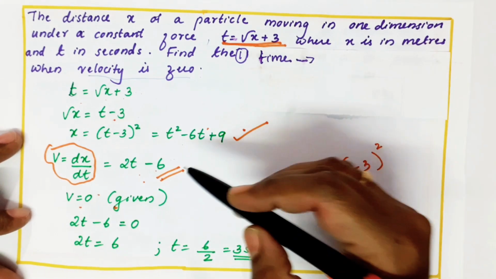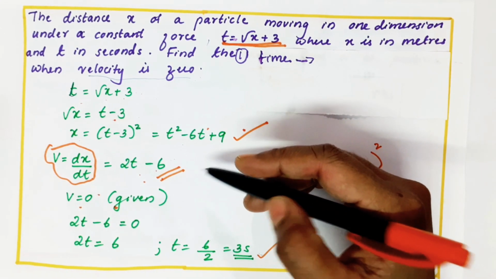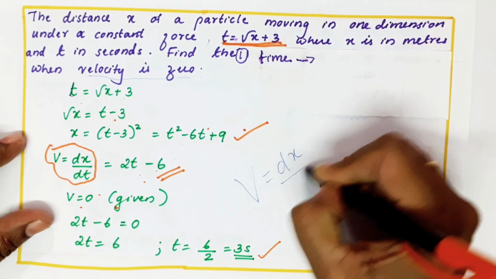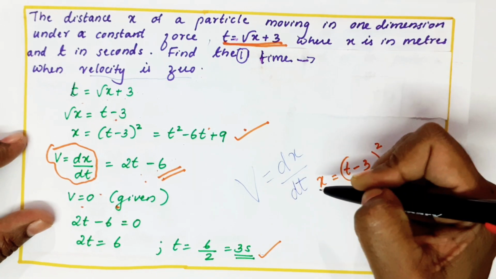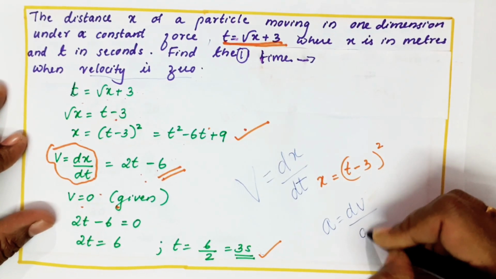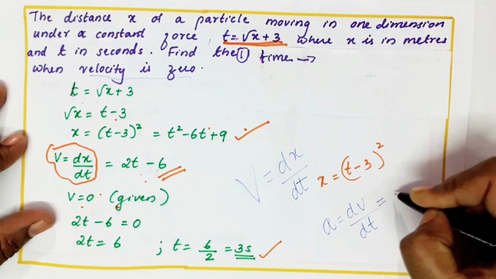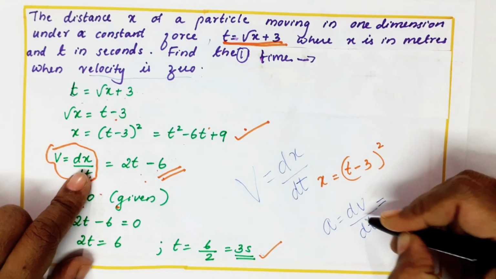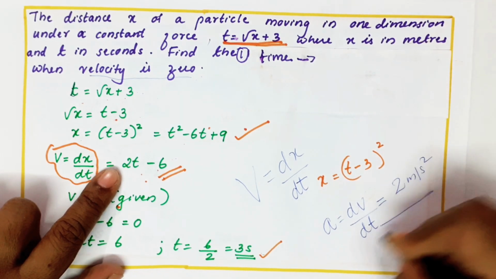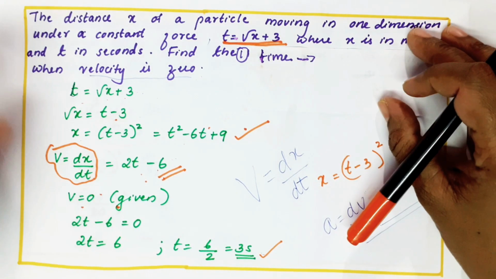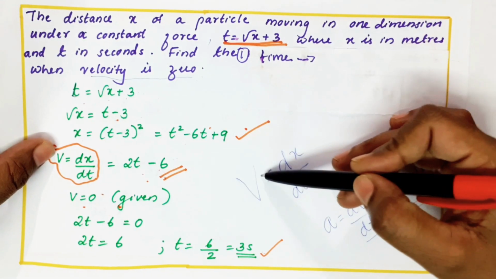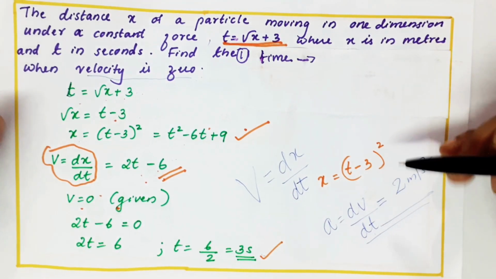So, in the question, you should remember how to find velocity. That is nothing but dx by dt. The same question, if it asks for acceleration, it is dv by dt. Can you tell what is acceleration here? Acceleration means we have to differentiate velocity, that is 2 meter per second square. So differentiation questions they can ask. Displacement if you differentiate, I'll get velocity. Velocity if you differentiate, you will get acceleration.